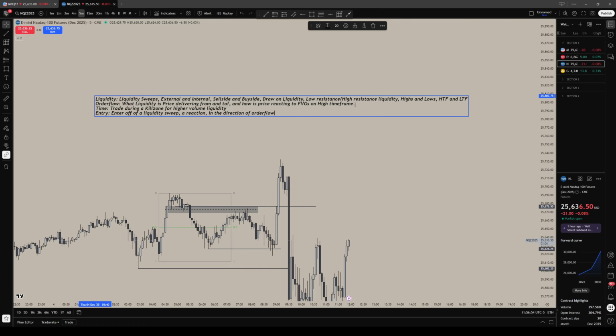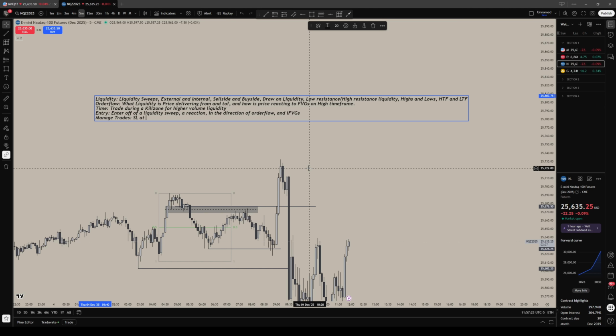I took longs because I was bullish. Here, I waited for price. Price will always go up into sell and buy side liquidity. When you trade a liquidity run and it keeps going, it's because you're trading only in the direction of your order flow. And IFVGs. And to manage trades,